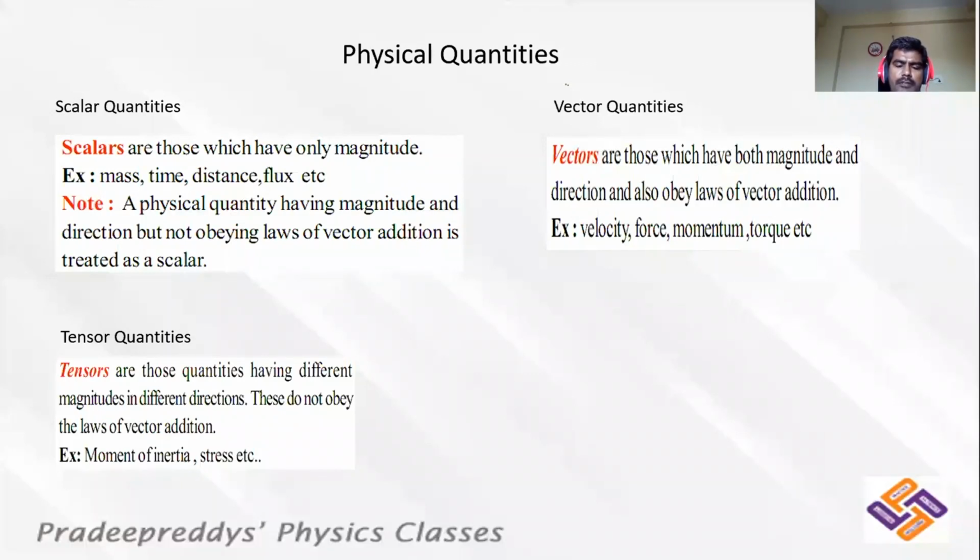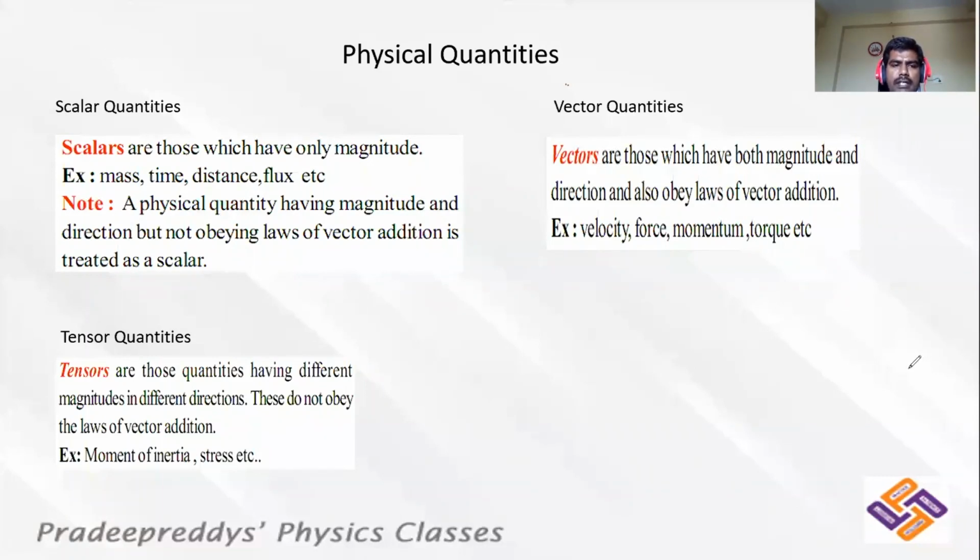Students, in this particular video session, we are going to learn about vector quantities in detail, the rules and regulations to handle vectors, and a few examples of vector quantities, and how to do mathematical operations like addition, subtraction, and multiplication of vectors. If you learn these basics, these laws can be useful in any chapter when we handle vector physical quantities. In all the chapters, you will have one or other physical quantities which are vectors.